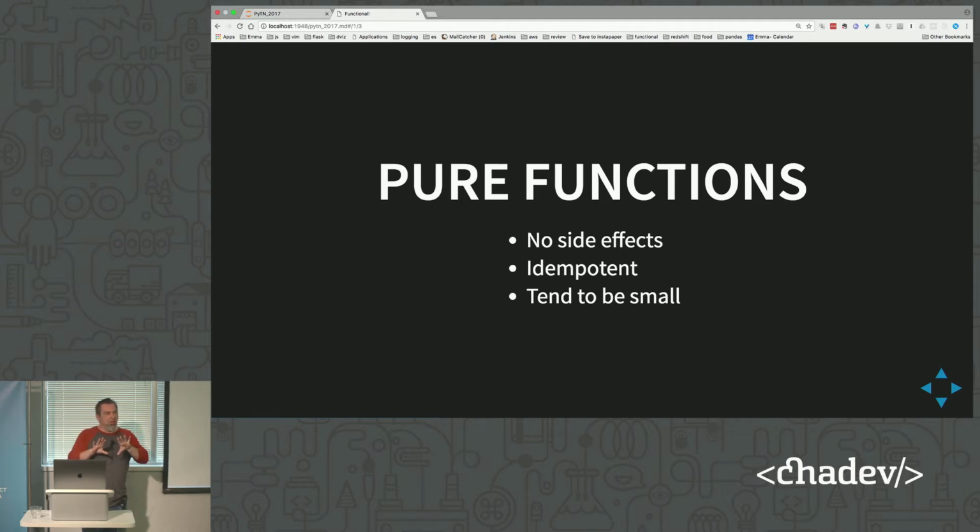We can't always work in pure functions. Sometimes we have to work with dates and things like that. If you can push that further out, and set that as its own function, your core functions can be more pure, and they're much easier to reason about. They're much smaller, and they're so much easier to test because you don't have to worry about all these weird side conditions. So if nothing else, if you can't do anything else with functional programming in your language, try to think in terms of pure functions and try to get most of your functions to have no side effects when possible, to be idempotent. They're so much easier to work with.